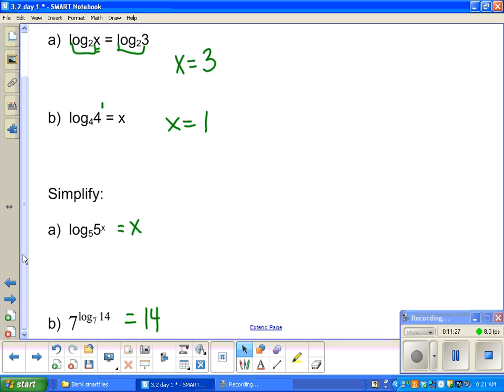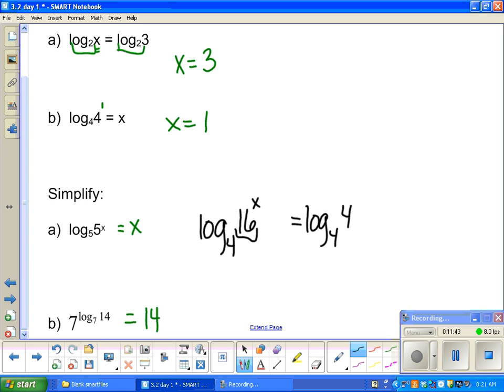I want to add just one more question. What if I have log base 16 of x? Well, let's look at that. What can that be changed to? Change to base 4, correct? 16 is 4 squared. I still have an x up there. So this is going to then simplify to 2x. Just one more additional